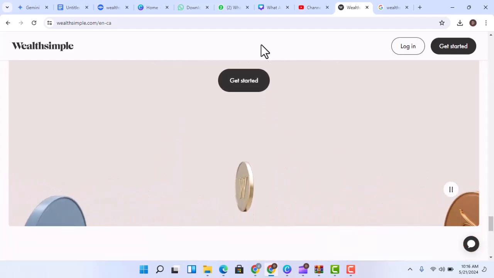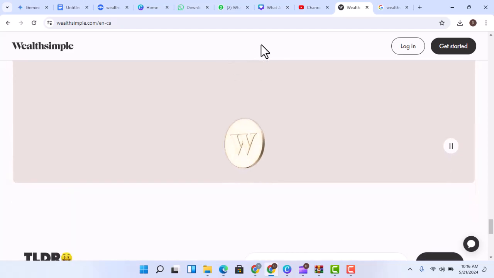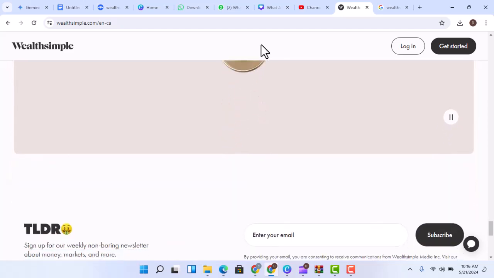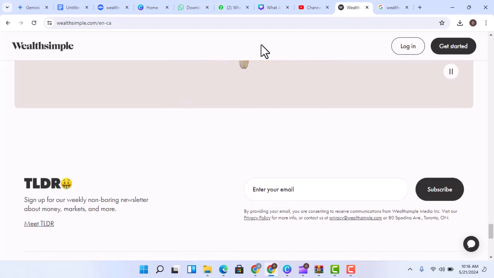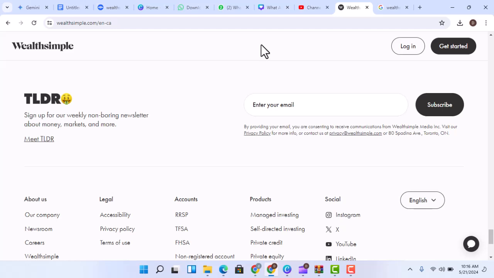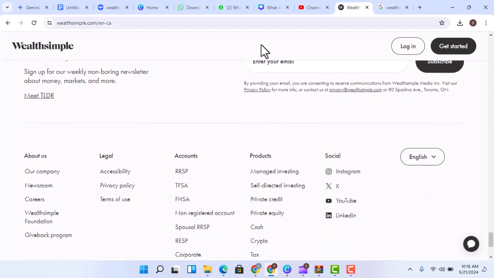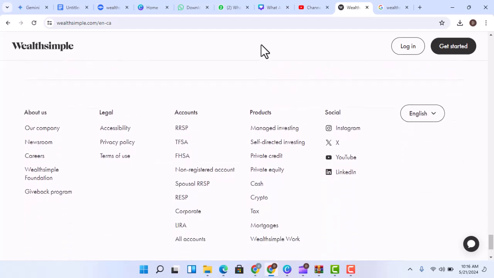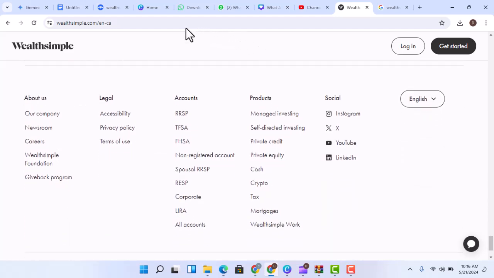This is a 4 to 6 week process, and while Wealthsimple doesn't charge a fee, your receiving institution might. Just remember, for the full brokerage transfer, you let the receiving institution do the heavy lifting. But for a quick data export to reconcile your trades or run a portfolio analysis, those monthly